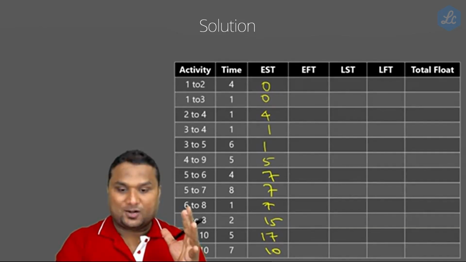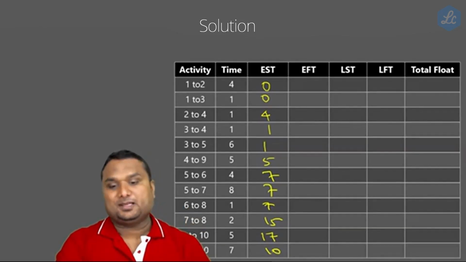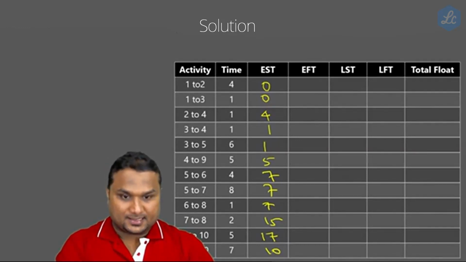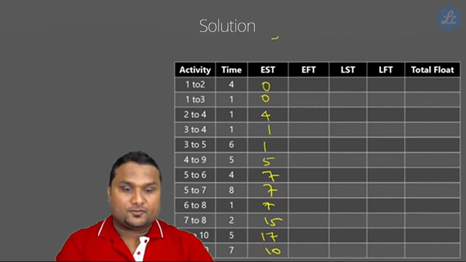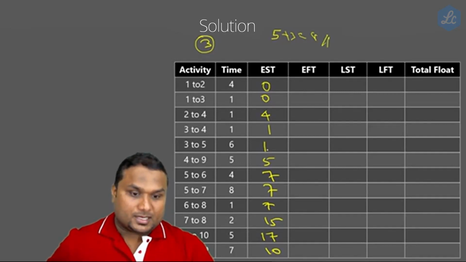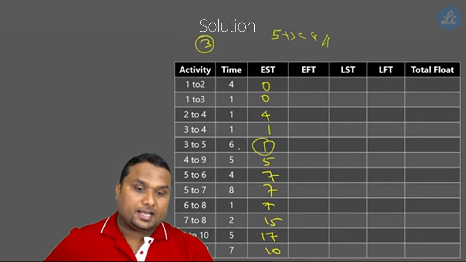Now, is it clear how we computed earliest starting time? Now, my dear friends, you started a job. Please understand. Let's assume that you started a job on the 5th hour. The job is taking 3 hours to finish. Then it will be finished at 5 plus 3, the 8th hour, right? You started a job on the first hour, and the time to finish this job is 6 hours. So it will be finished at 1 plus 6, the 7th hour.